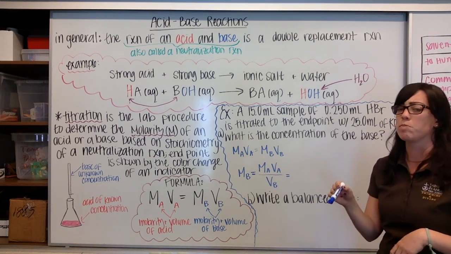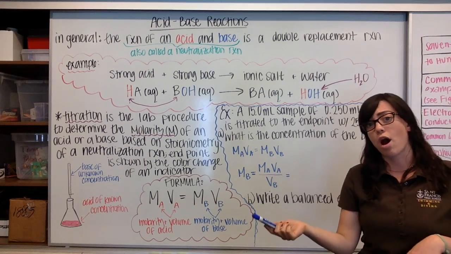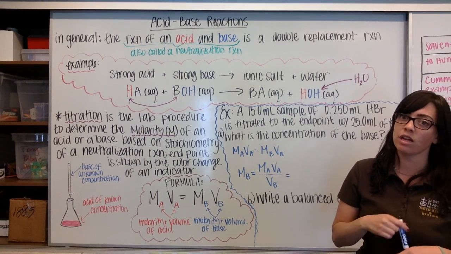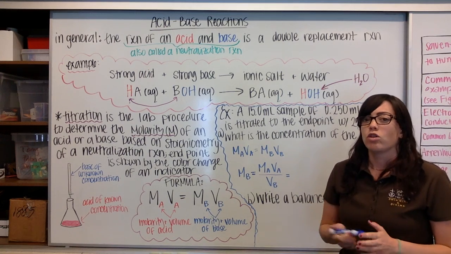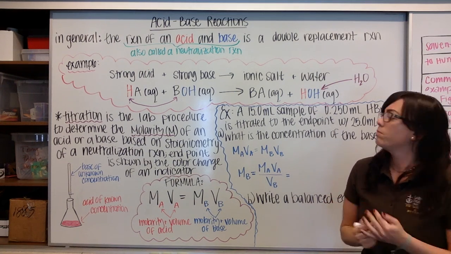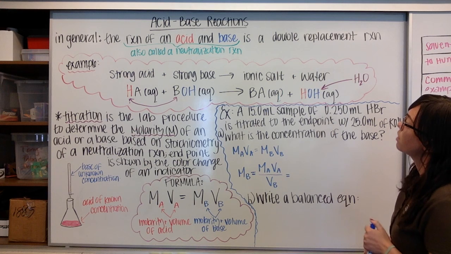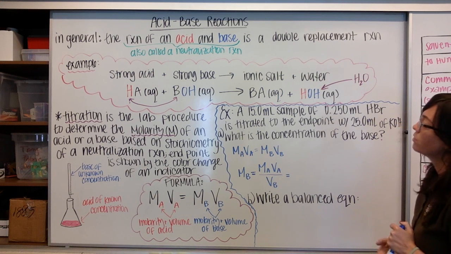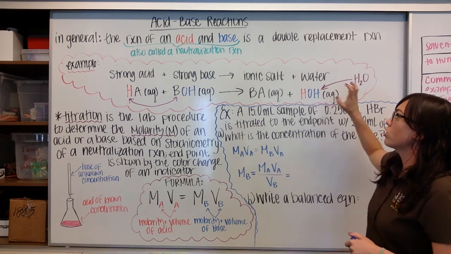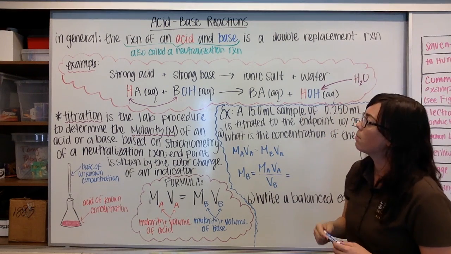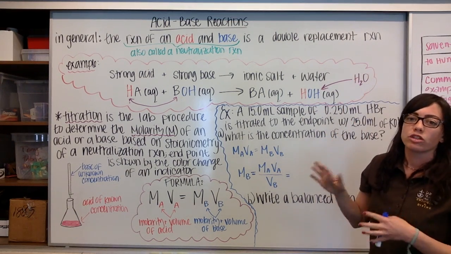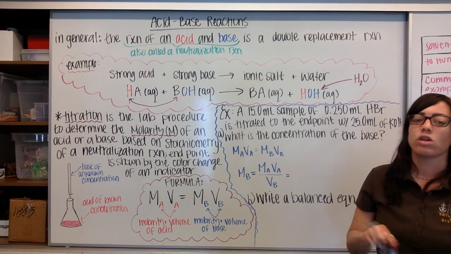Now we're going to talk a little bit more in class about why rainwater does not have a pH of 7, why it's actually slightly acidic, and kind of what the ocean looks like, etc. You do need to be able to write an equation like this, and it's also a good review for the final. So the way that we're actually going to use this is we are going to do what's called a